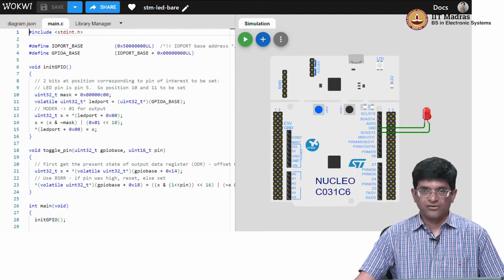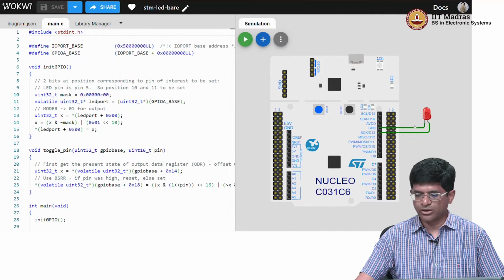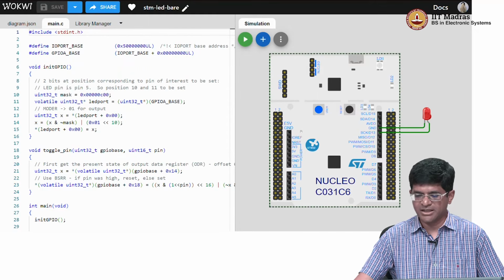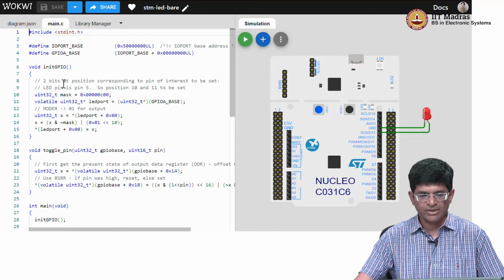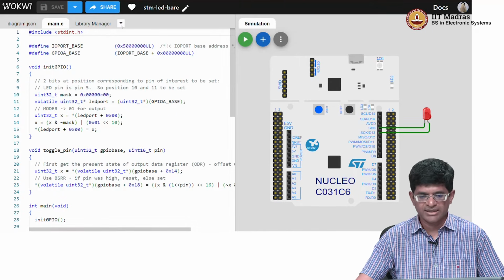Okay, so this is the second way we are going to make the LED blink. As you can see over here, the circuit remains exactly the same, right? The same connections, the board remains the same, nothing has changed. It's just that up in the Arduino part, or rather the code part of things, what I have done is